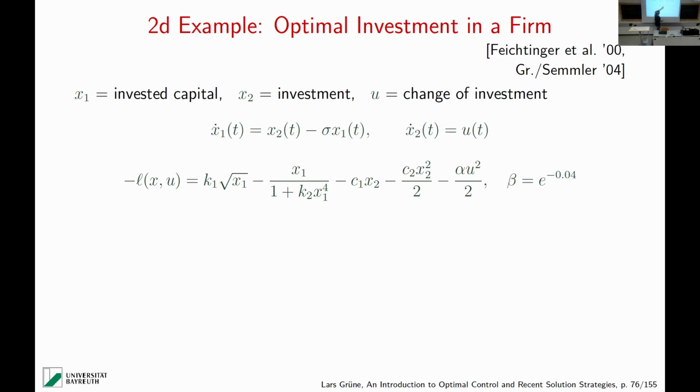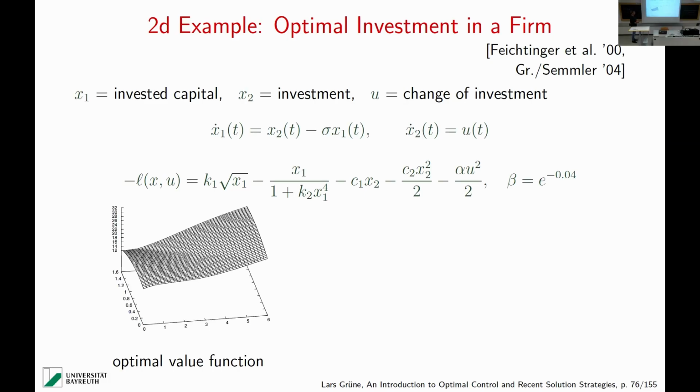What is important is that here the investment goes in negatively because you have to subtract it, but the change of investment also gives you some negative cost. Whenever you change your investment, you have to pay. And that can be very nicely solved with this solution method, precisely with these piecewise linear functions. Actually, I use piecewise bilinear here.